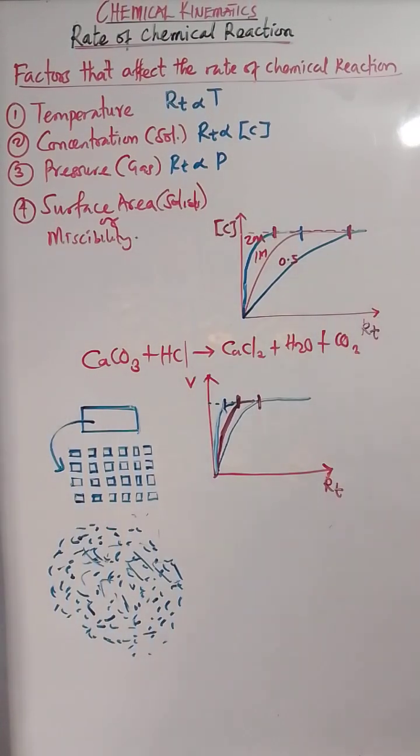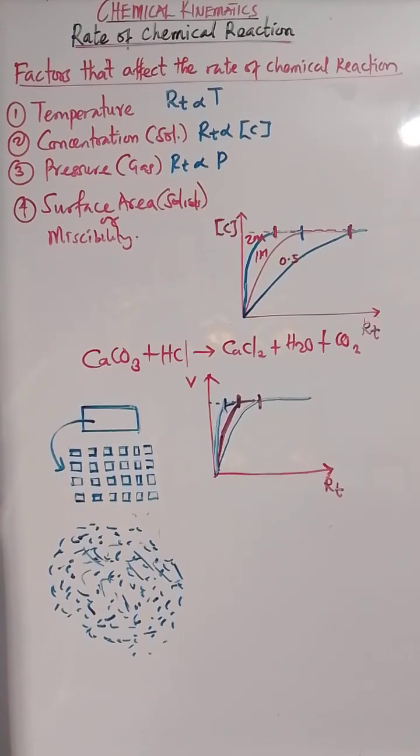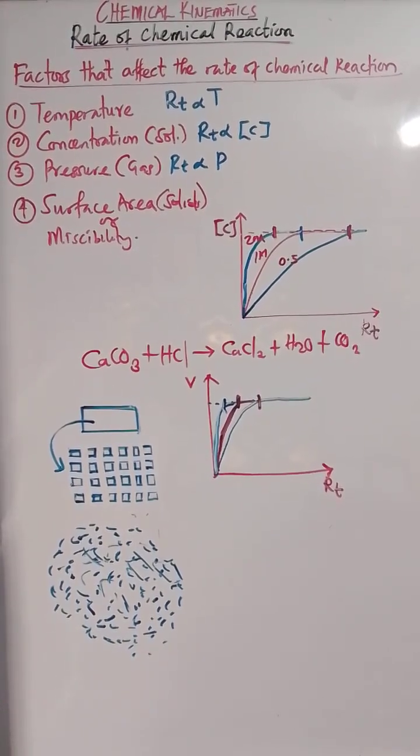But for liquids, especially for liquids that cannot mix easily, for immiscible liquids, in order to increase the rate of chemical reaction, we need to shake them vigorously. So by shaking them, what happens? If you shake the reactive particles, the area of contact will increase, which in turn will increase the rate of chemical reaction. Please note all this. You can write them down, draw them, then move on to the fifth one, which is